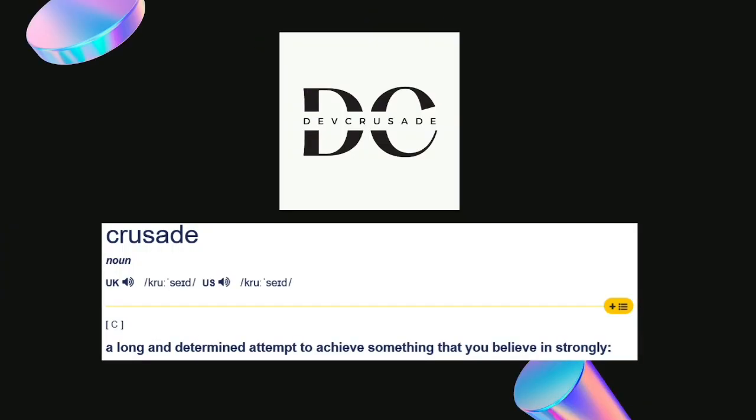Then moving ahead, I've started this community, DevCrusade. The meaning of crusade, according to the Cambridge Dictionary, is a long and determined attempt to achieve something that you believe in strongly, right? So in this program, you are determined to achieve the feat of becoming a full stack developer. We will be starting a couple of other programs like DSA, blockchain, data science, and other stuff.